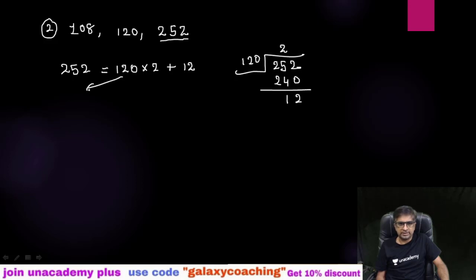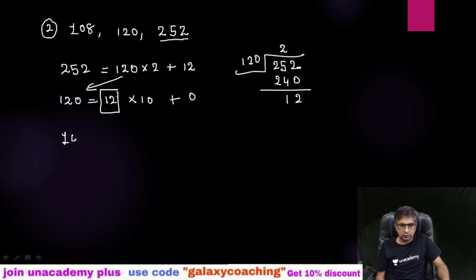Okay, now take this as your A and this as your B. So I can see directly 12 tens are 120 and the remainder is 0. So this is the HCF of these two, but we don't want the HCF of these two. We want the HCF of all these 3 terms. So now what you need to do, you need to divide the third term by whatever HCF you are getting of these 2 terms.